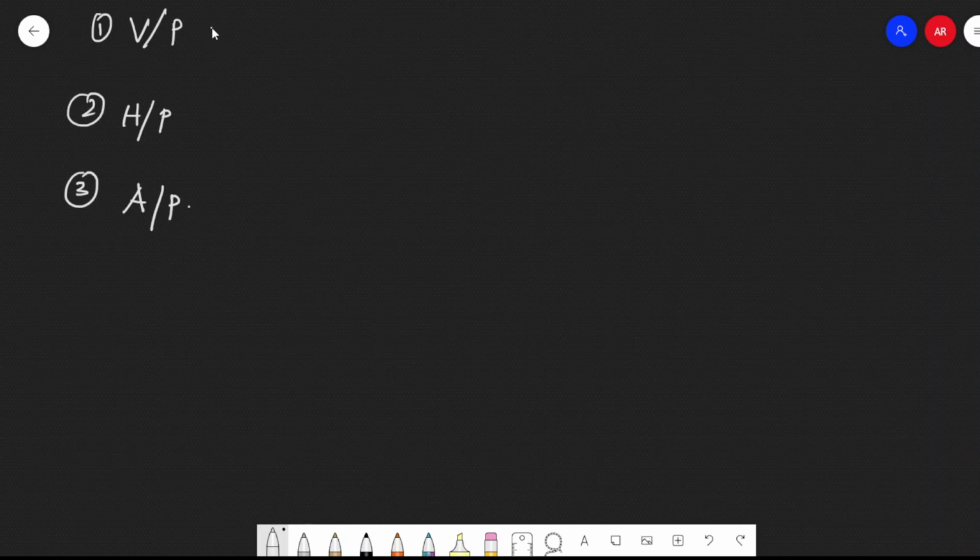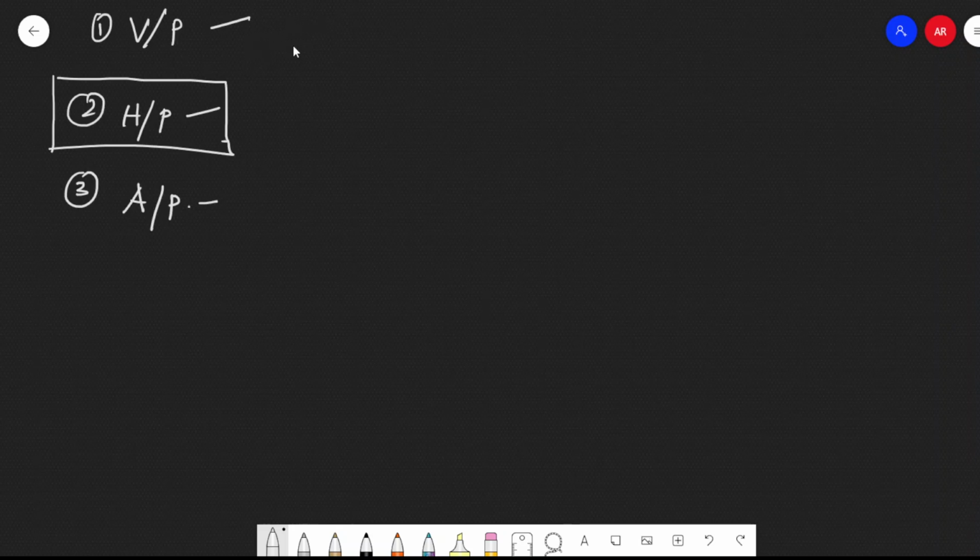One is vertical projection, second is horizontal projection, third one is angular projection. It is vertical projection, horizontal projection, and angular projection. So let's start with the horizontal projection, because the vertical projection has nothing important to do with it,